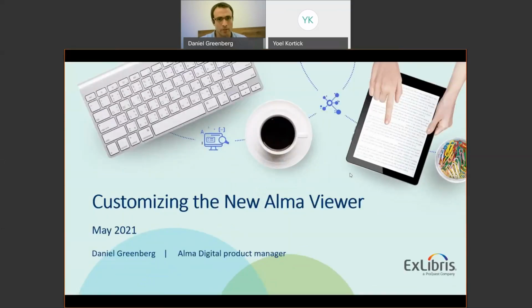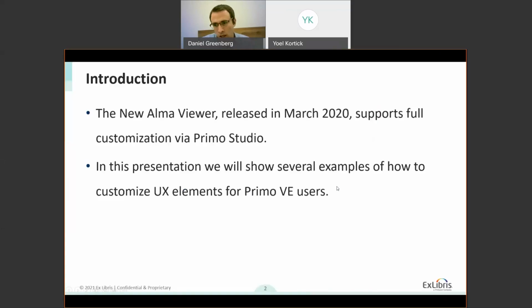Okay, so customizing the new Alma Viewer. What is our motivation? One of the big benefits of transitioning the new Alma Viewer over to basically a Primo VE infrastructure is that it doesn't require, of course, Primo VE, but it is on the Angular infrastructure. It allows customers to control the CSS and customize it and create a design,